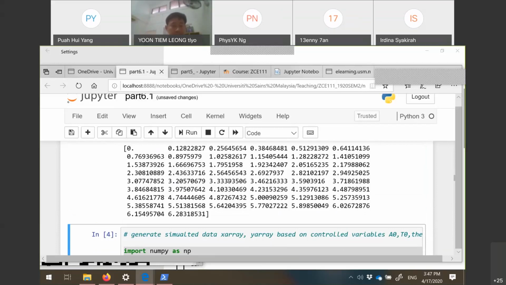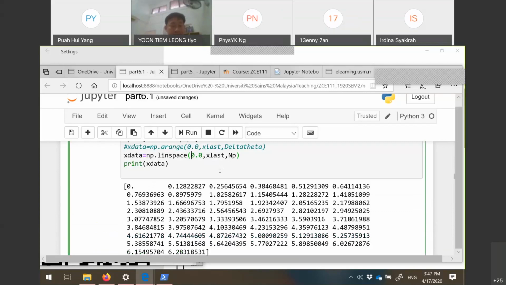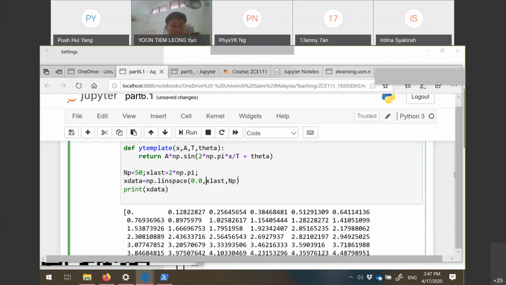Okay, so that's how we do it. So now I have this X last and X data, so now I'm ready to plot. Remember, the plot is X data and Y data. Now what is this Y data? This Y data is the values of Y